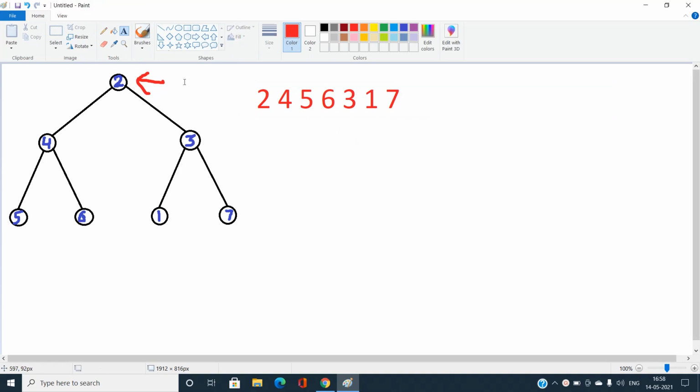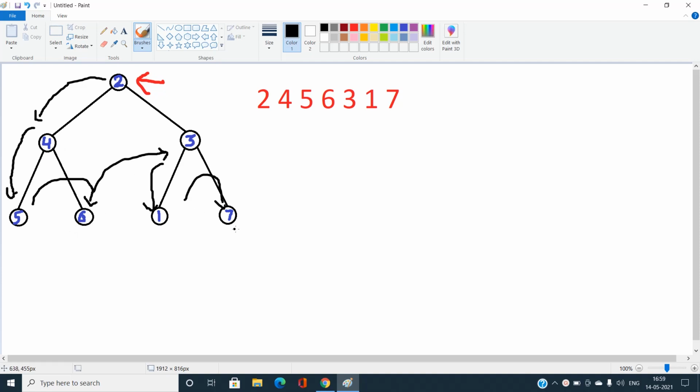So how is it going to happen? It is simply: first go to the root node, then the left child node, and keep going left until it is traversed. Then come back to the right subtree, then 6 is done, then come back, 4 is done, then come back to this subtree, its left child is done, then go to 7, and then it is all done. So it would be 2, 4, 5, 6, then 3, then 1 and 7.